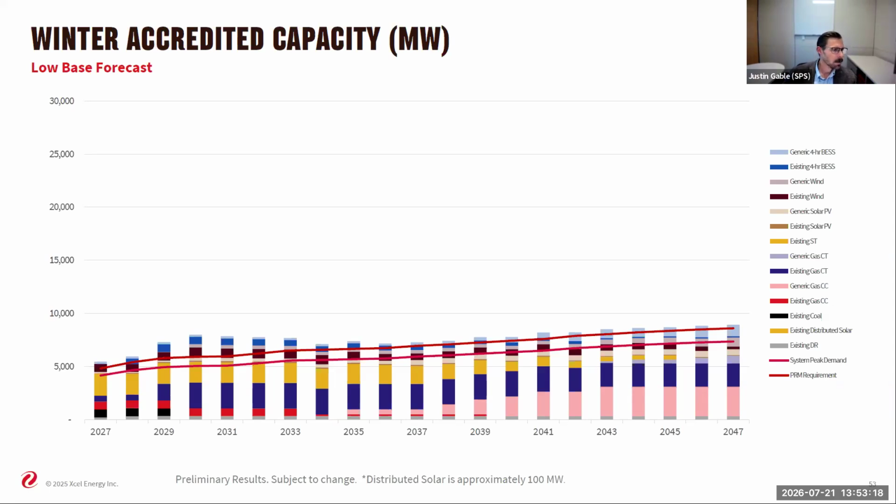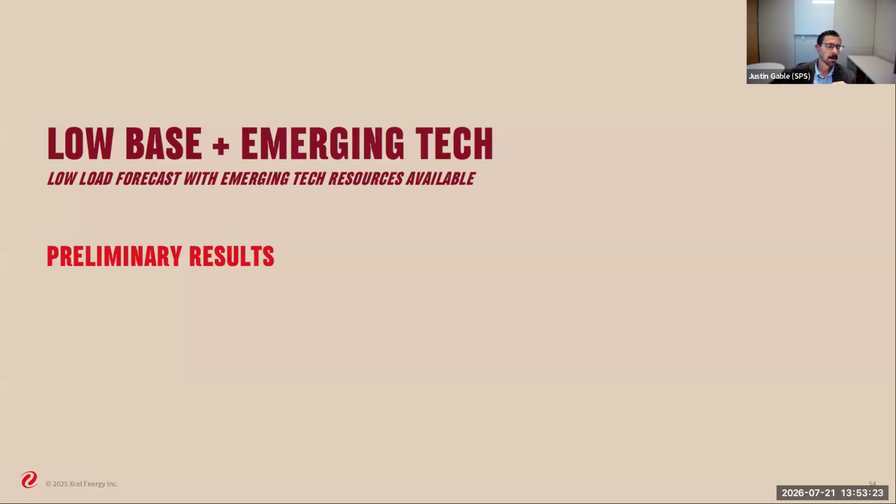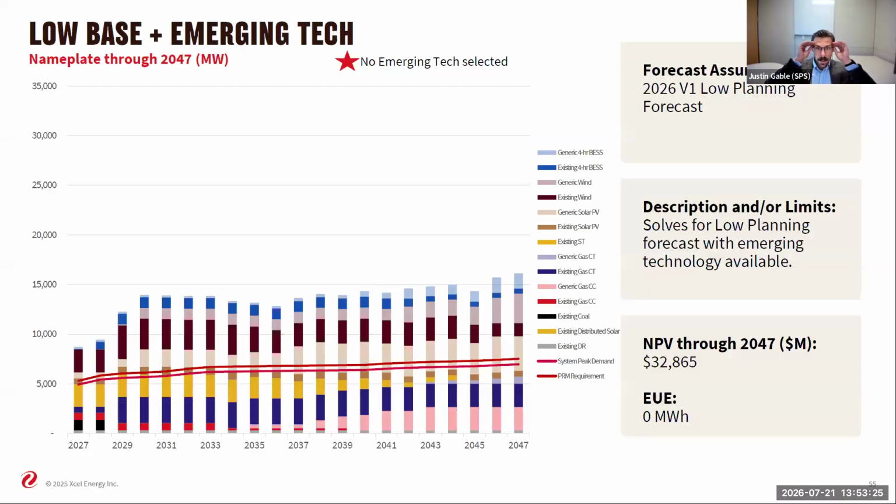Now, if we jump to slide 54 and 55, we take this exact same scenario and we allow emerging tech to be available for selection. Now you can see though that no emerging tech was selected. Now, if we move to the next slide,